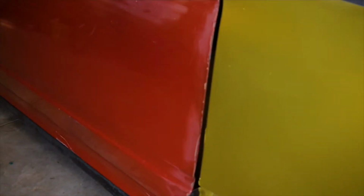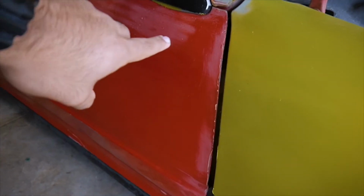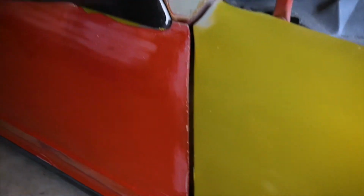This passenger door is missing the bolts that go on the bracket. It has two up top and only one at the bottom, but the one at the top is broken. The two in here,